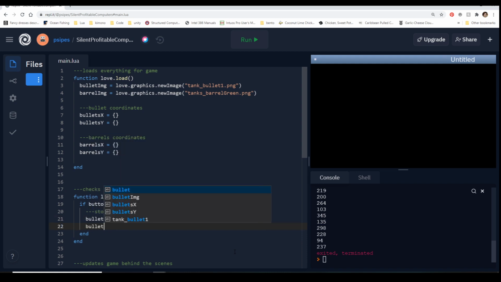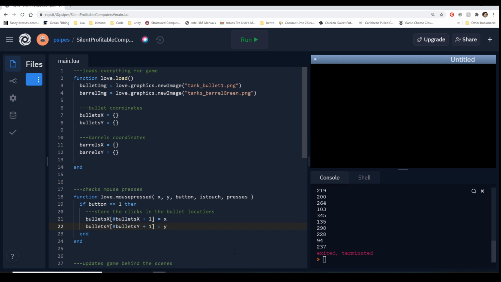And the same thing for y. So that stores the clicks at the bullet location.